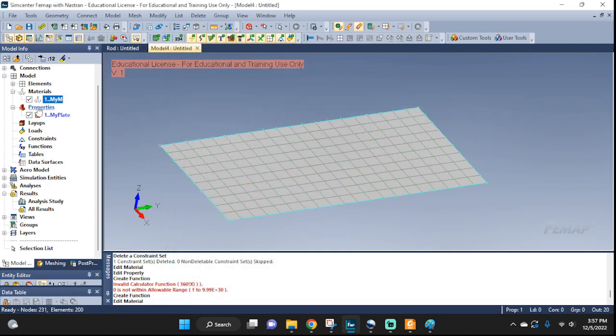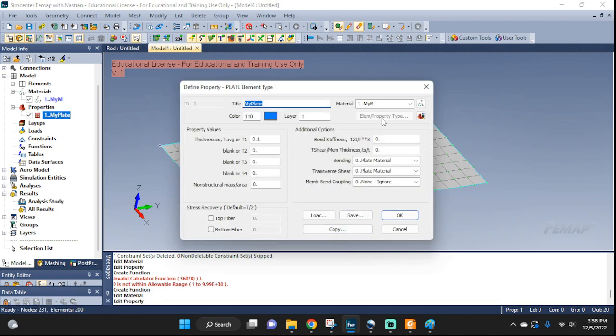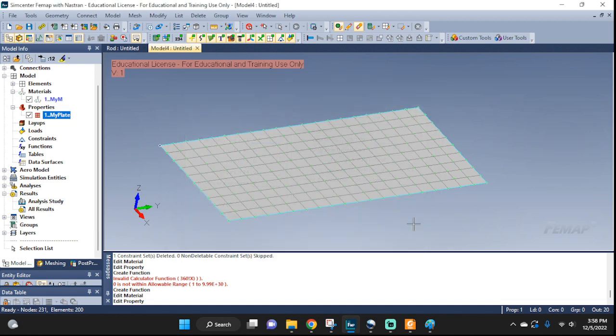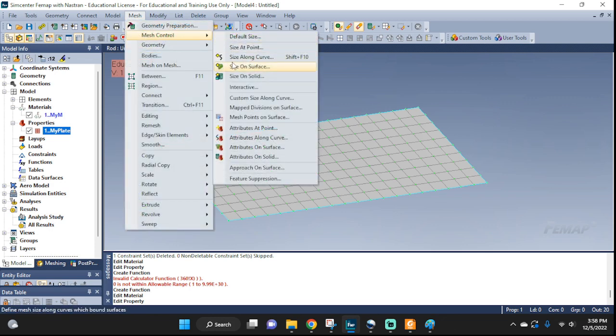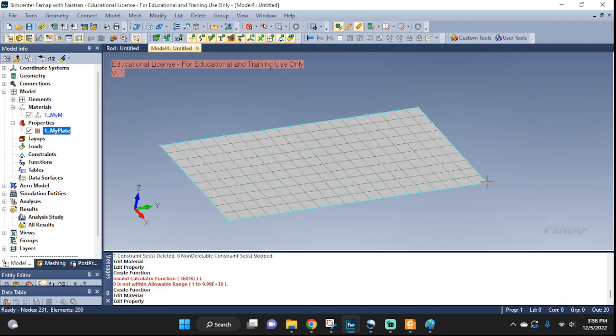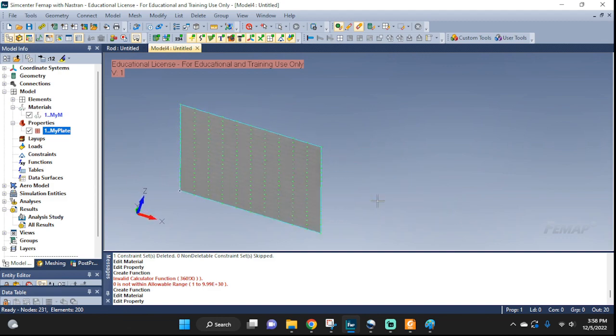and also properties. I set up a plate. My plate doesn't let me change the property anymore, but you can tell it's a plate element type right here, and I added some kind of thickness. Okay, that should be all. And also I meshed it. I went to mesh control, size along the curve. I added 10 on these sides and 20 on these sides, and then I actually meshed it, and there you